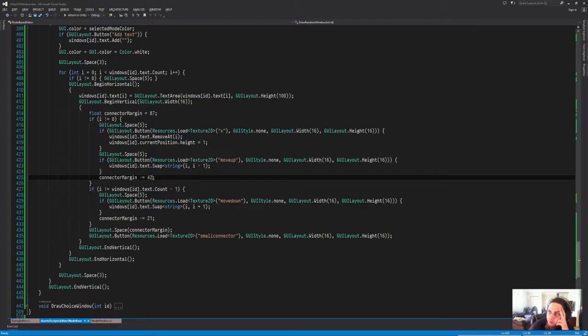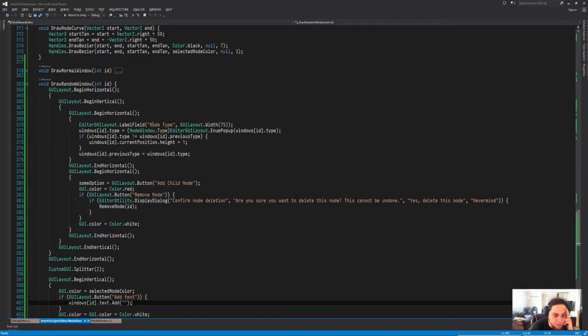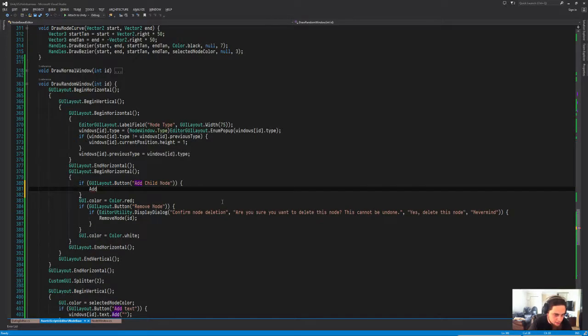I guess we could do the add node thing. So here we have add a child node. So this should go away. And then we could say if this. We need a new method for that. We can call it add node to current dialog. With the